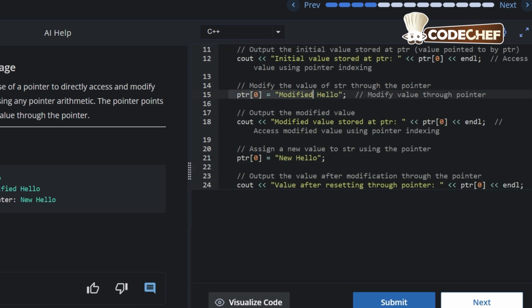Now ptr[0] = "modified hello"; So now I have modified or changed the value of ptr at 0th index. cout << "modified value stored at ptr: " << ptr[0] << endl; Again the value stored at ptr index 0 will be printed, but this time this value will be changed to modified hello. Again I am changing the value of ptr index 0. So ptr[0] = "new hello";